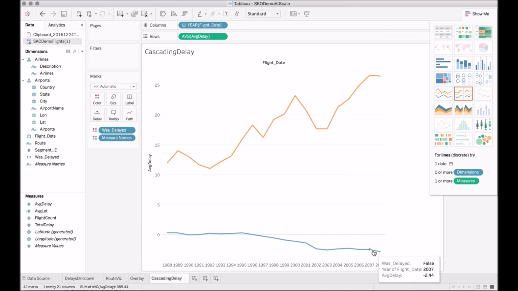This blue line says planes were not delayed. We actually see the departure delay times go negative, almost 3 minutes ahead of time. When the inbound plane is delayed, the average gets pretty close to 30 minutes. A huge difference. So to sum it up, the combination of HDP, AtScale, and Tableau gave us the ability to